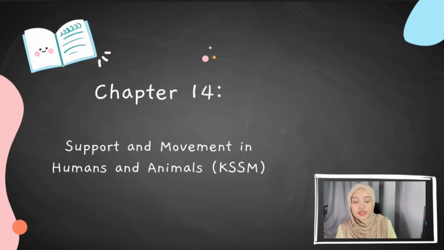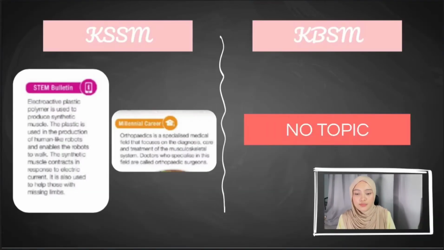Now, let's proceed with chapter 14. The main topic is support and movement in humans and animals, and this topic is only relevant in KSSM textbook, not relevant in KBSM textbook. Next, I will explain the difference of key concept for chapter 14 in KSSM textbook and